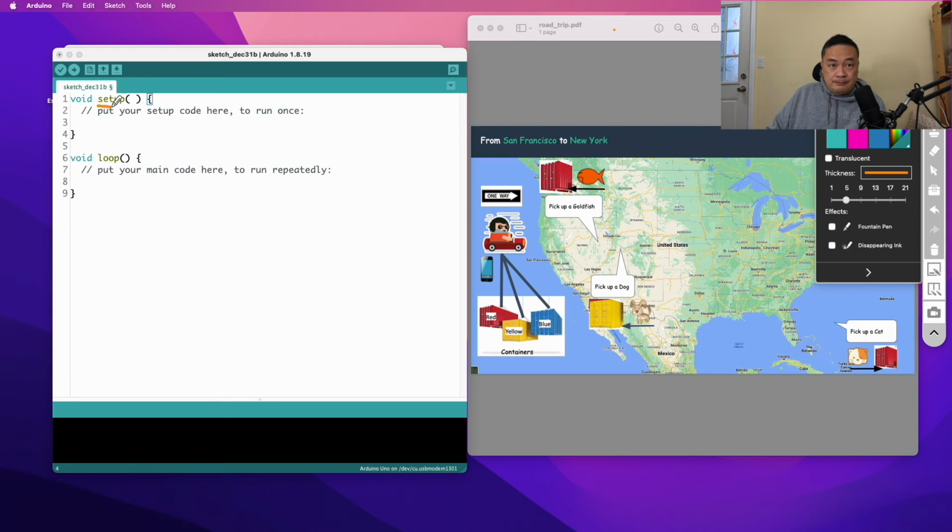The void setup is like the starting of your road trip, and it went all the way to Kansas, right? And the loop means we received the instruction to drive in a circle and are waiting for further instruction from your cell phone. And if somebody calls you to pick up something, this is where you put in your code to pick up the something, in the loop, right? In a nutshell,